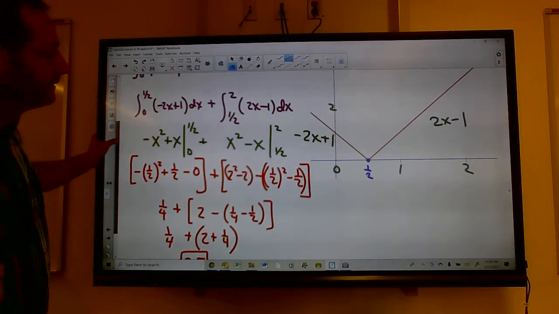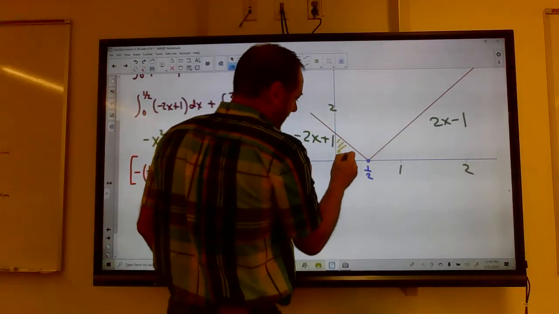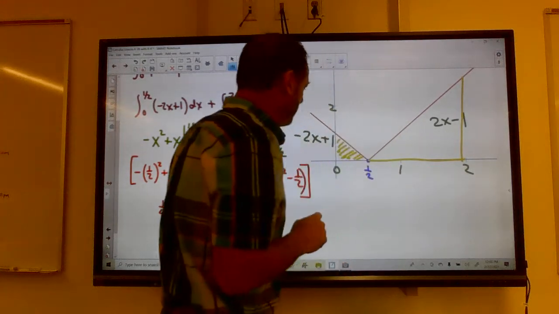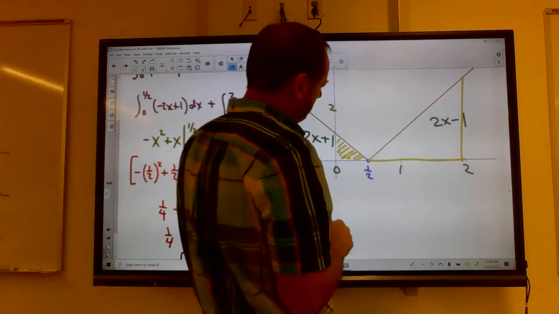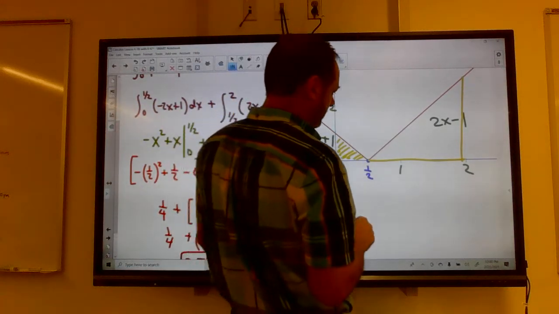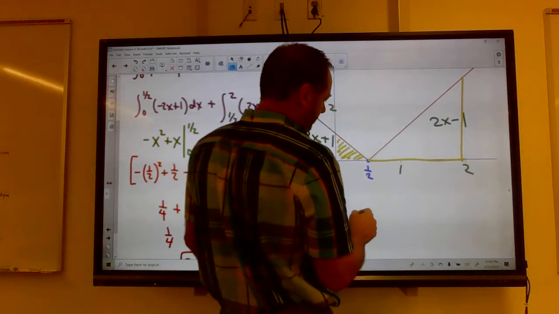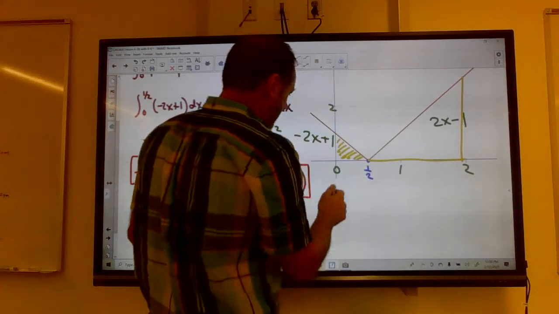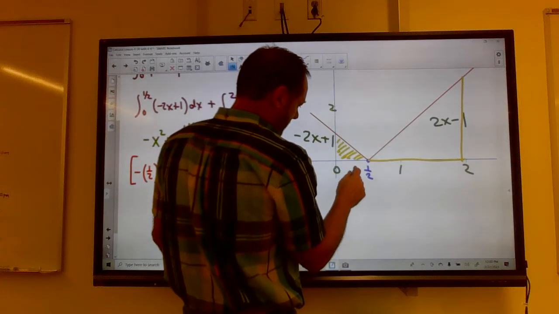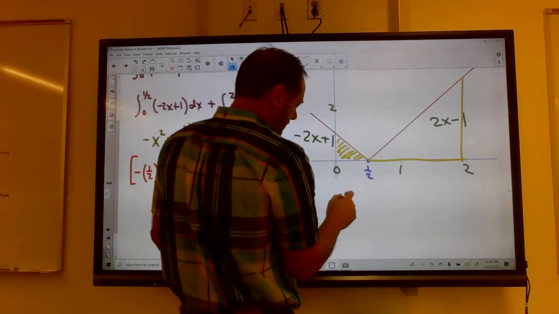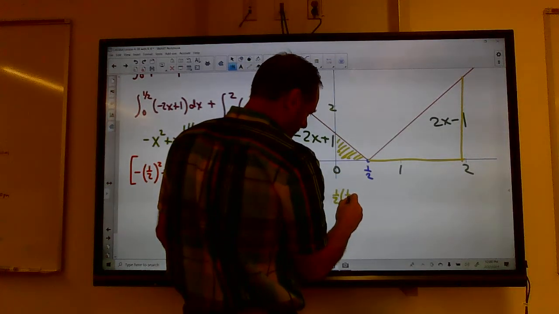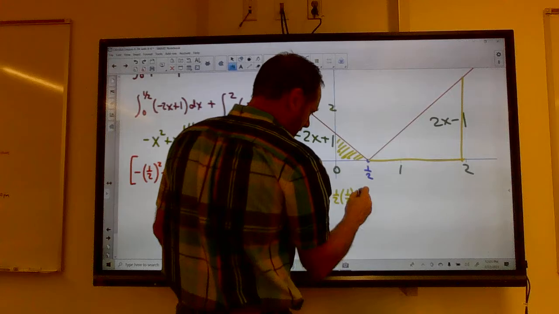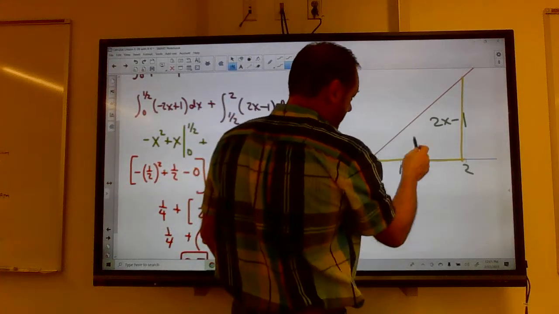Now I could check that using the graph. I mean, this is definitely 1/2 right there. And then this right here is going to be... I got kind of a goofy graph here because this is not to scale, x's and y's. So, oh wait, I'm sorry, that's not 1/2. That's 1/4 because my base is 1/2 and my height is 1. So it's going to be half the base times the height. And then I'm going to add to that this over here,